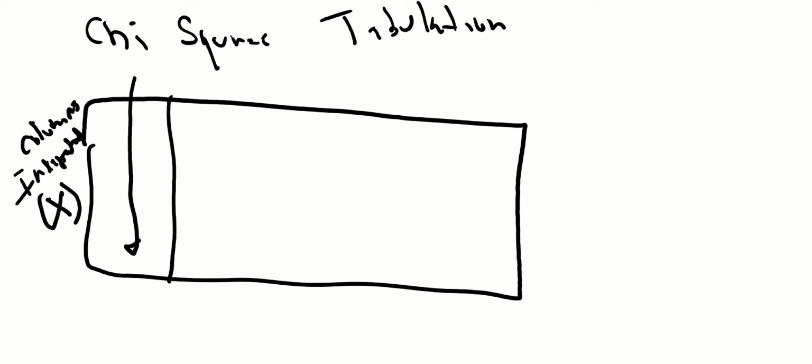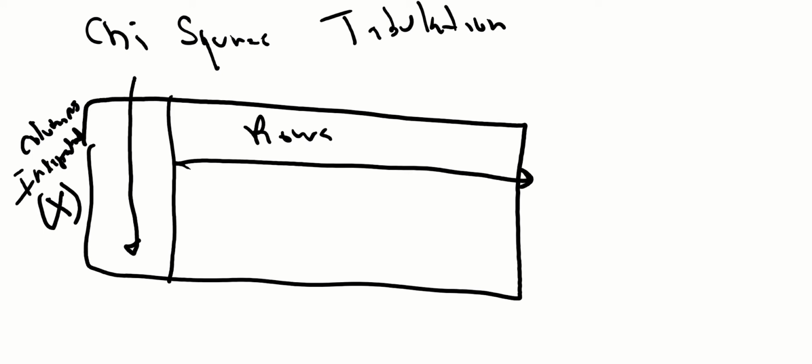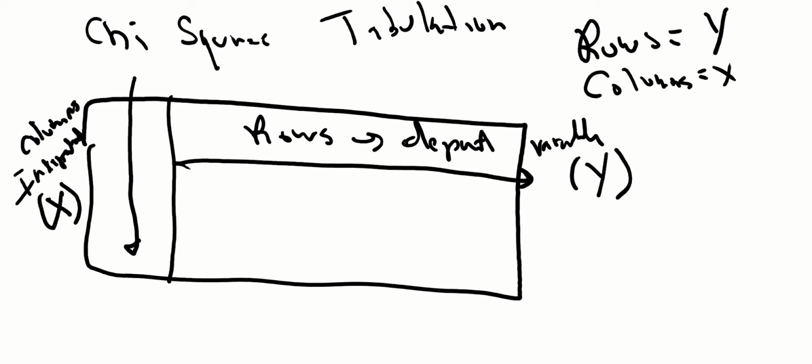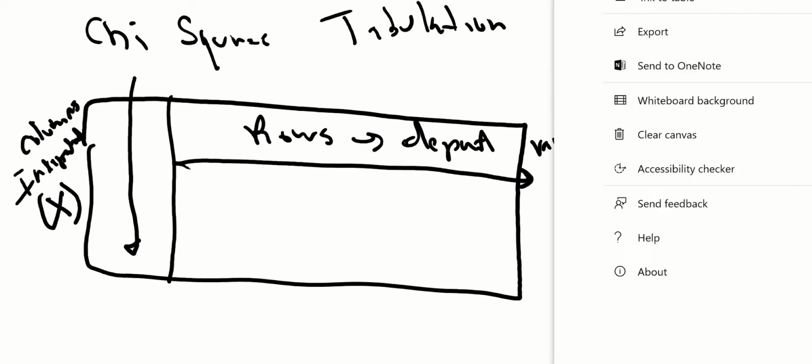If the columns are always the independent variable, then going across, the rows are always the dependent variable. And we know that that is a y, right? So it's pretty easy. Rows are y, and columns are x, right? So as we think about this, as we set up a table,